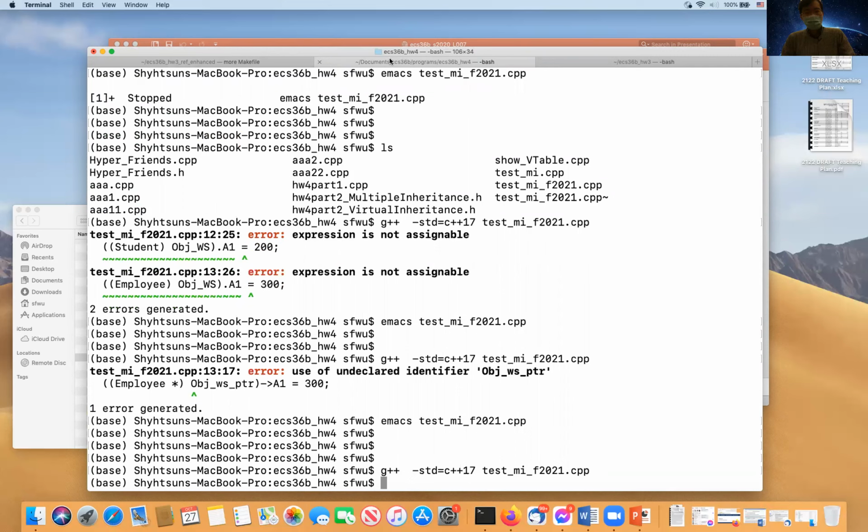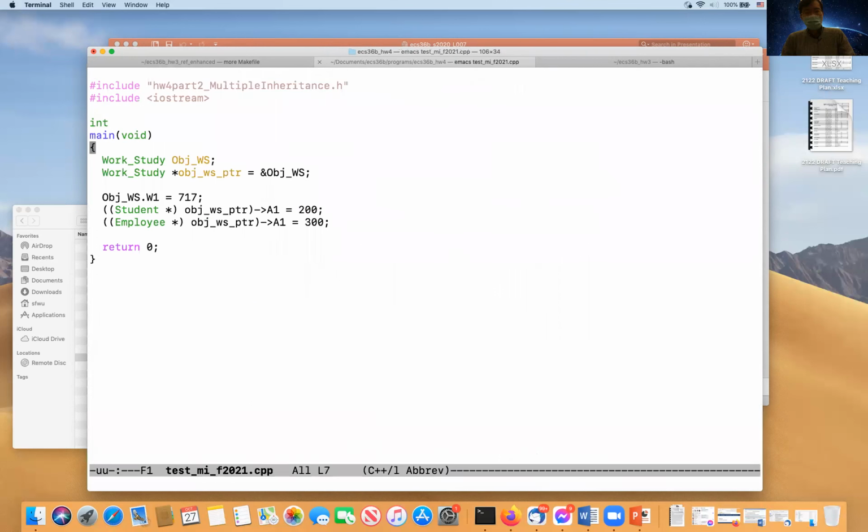Let me actually just say I want to print the value. So what I'm going to do is std::cout, and I print star obj.